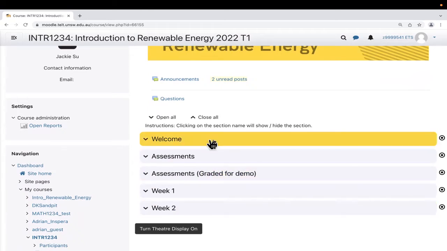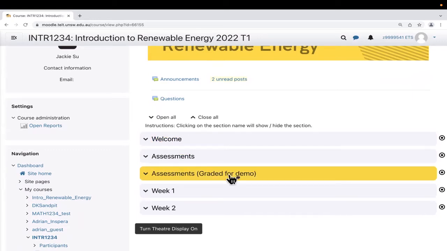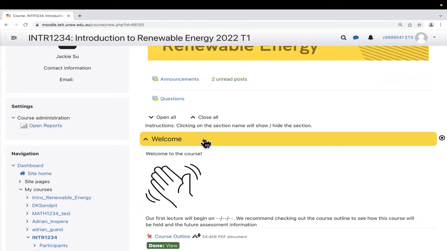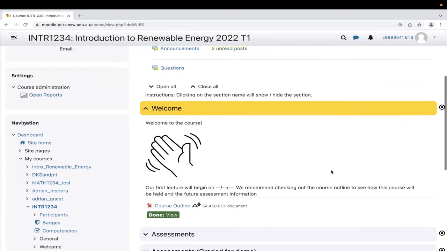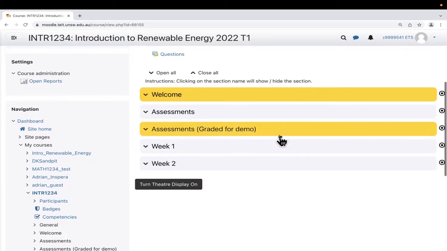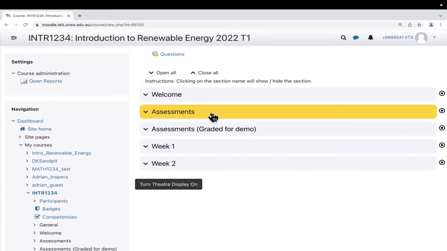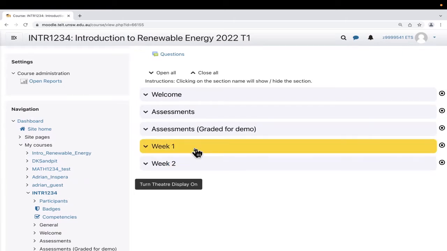We usually call these accordion sections or groups of content, and each accordion just has a different type of content grouped by your instructor. So for example, if I click welcome over here, once I click it, it just expands the accordion and we can see what's inside the accordion's content. The same goes for any other type of content in our course. If we scroll down, in assessments, for example, we'll see some assessments and so forth for week 1, week 2. Let's open week 1 up just to show it.